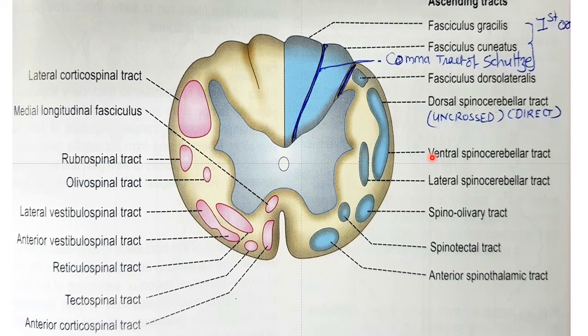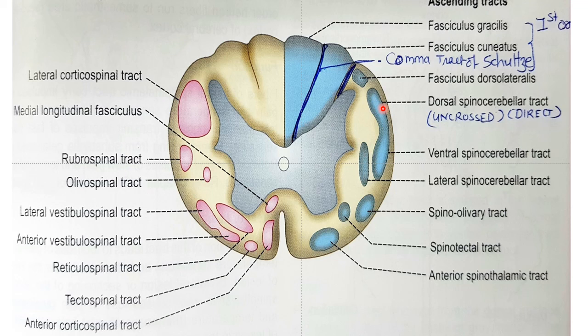Similarly, ventral means situated ventrally, spino means start from the spine, cerebellar means ends in the cerebellum. So if we want to mention the ascending tract, we must say where they are